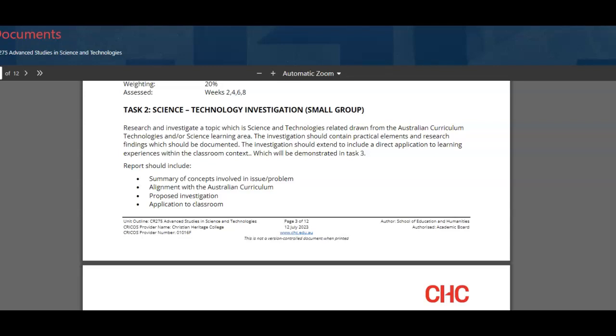Welcome to the CR275 Task 2 elaboration. So what I've got is the unit outline here, and I've just got the written piece. It's about investigating a topic within science and tech. It can be a STEM topic, it can be a pure science topic, and you're going to then connect this